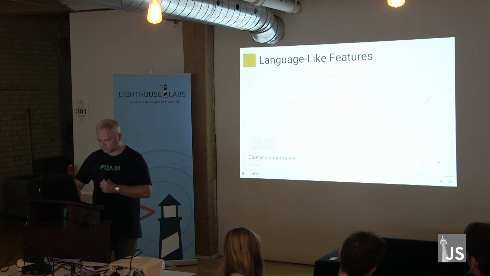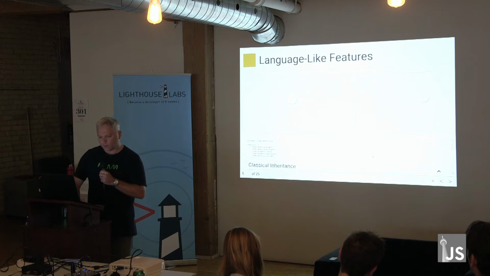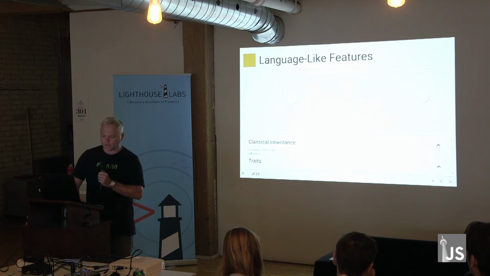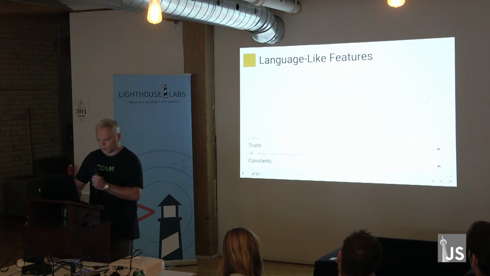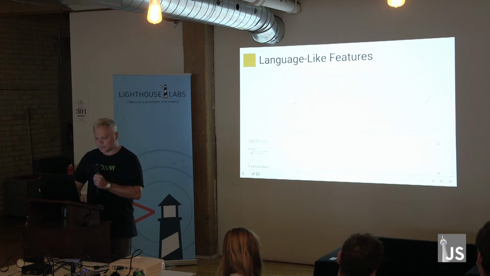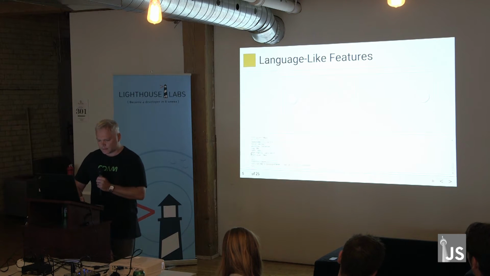here's the code. We've got package, so we have packages, then you list your requirements. You can say what model you extend. You have this.super. We had traits for multiple inheritance, constants, properties, which are like high-level instance variables, methods, listeners, actions, inline templates, property change events. Also, we have